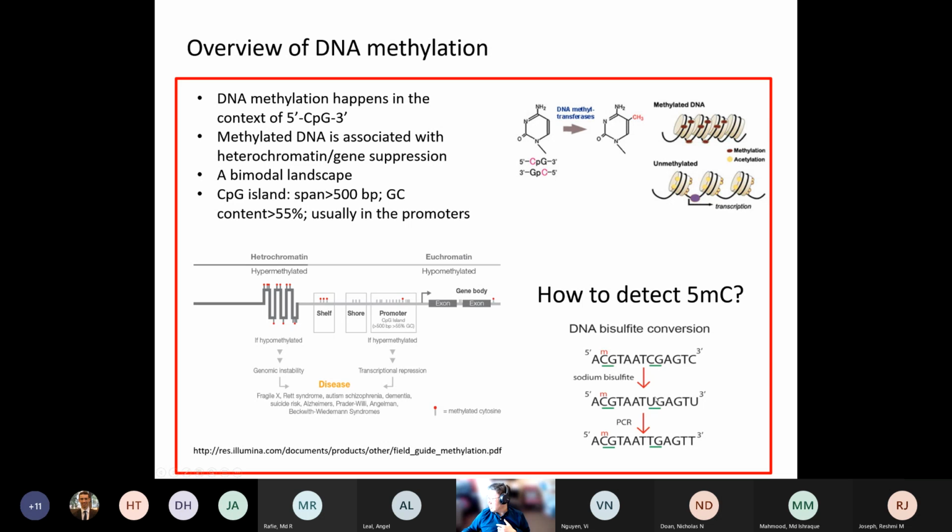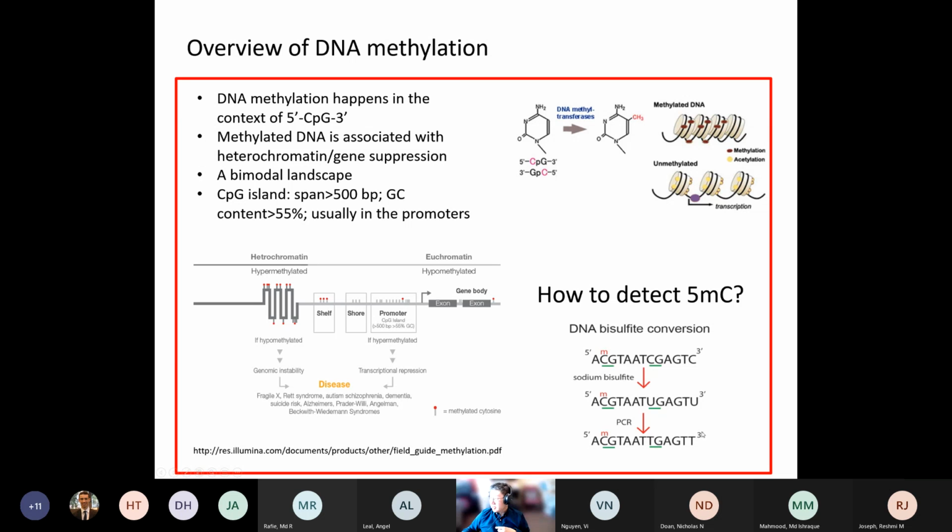So the cytosine will become uracil after this treatment if the cytosine is not methylated. Well, the methylated one won't change, it will still be a cytosine. Therefore, later on, you just do a sequence or do a PCR, you should be able to detect that because this U in a PCR will be changed to a T, right? Because U happens in RNA, well, the T happens in DNA.